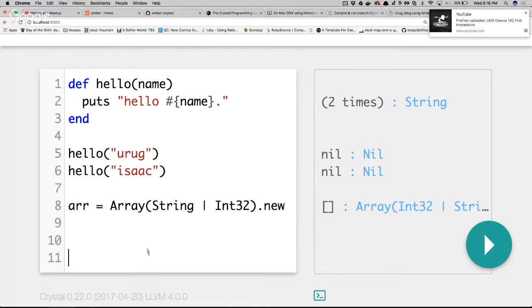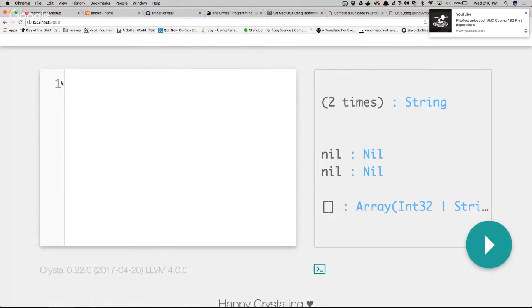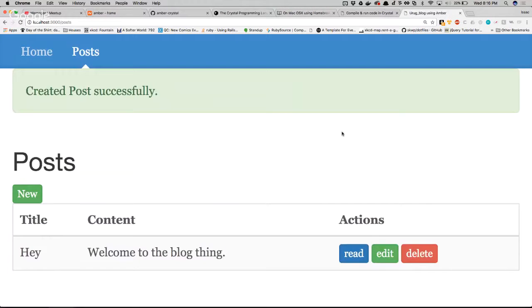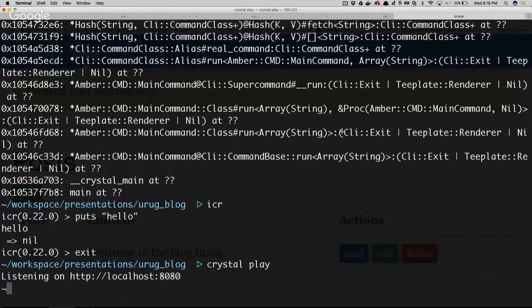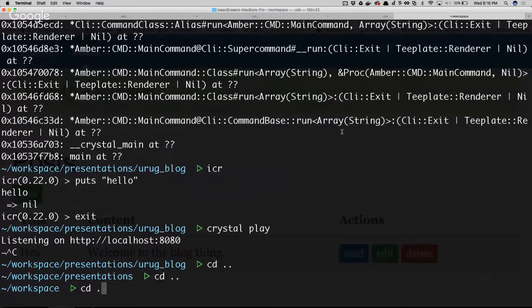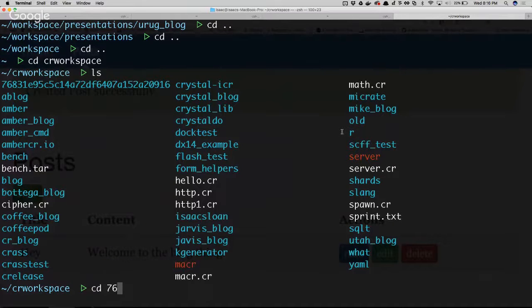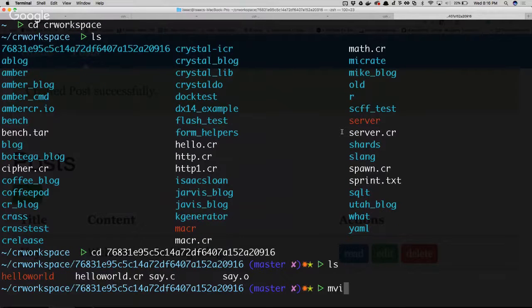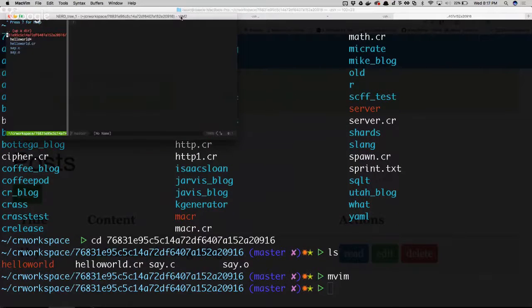Speaking of C, you saw that presentation before about C wrappers, and basically the point of that was how to write native extensions for Ruby, which didn't really show a whole lot about actually how to wrap C. One thing that is really cool is it is actually pretty easy to wrap C. So let's go back to my Crystal workspace. This is my gist that I got going a bit ago.